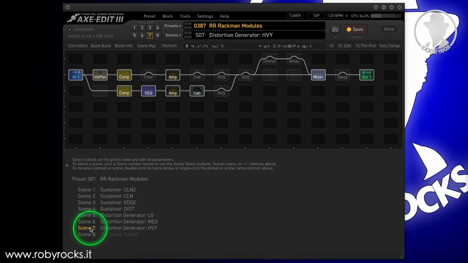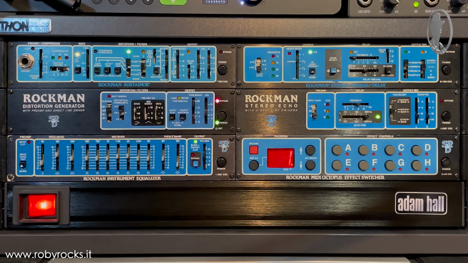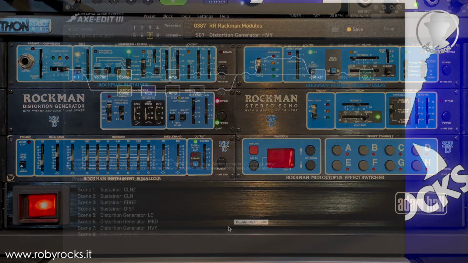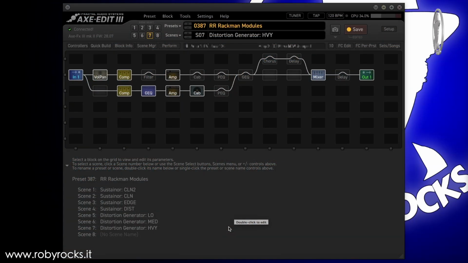And distortion harmonics heavy level. These are the 7 scenes with the main 7 sounds.